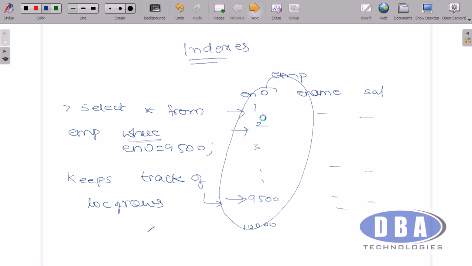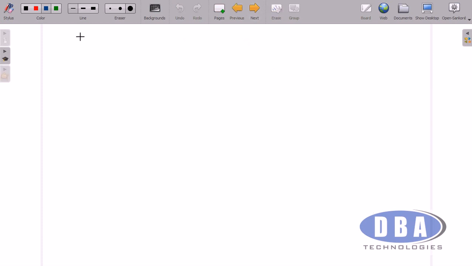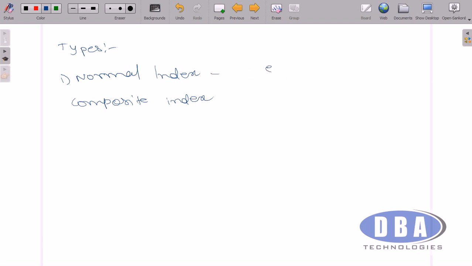There are several types of indexes, among which the most important types are normal index, composite index. Normal index means these are the indexes that are created over a single column.